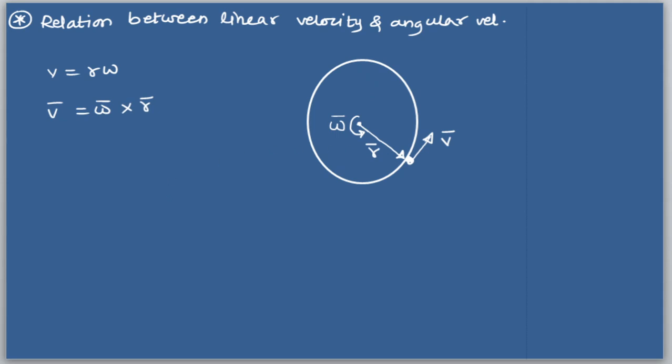Okay, the angle between the omega bar and r bar, you can verify here. Omega bar is coming out of the board, r bar is lying in the board, so the angle between omega bar and r bar is 90 degree. So its magnitude will be omega into r into sine 90, but sine 90 is plus 1, so omega into r or r omega. When I write the scalar form,